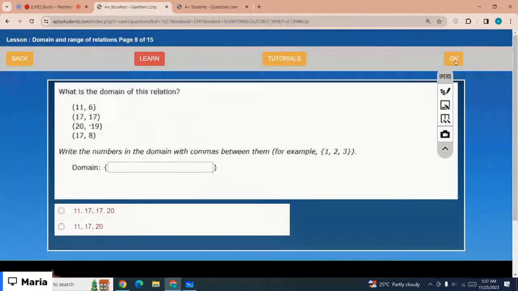What is the domain of the relation? Which is the correct option? The domain is 11, 17, 20, and 17. Option number 2 is the correct option, right? 17 is repeating, so